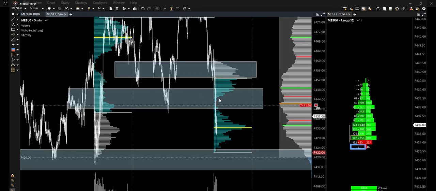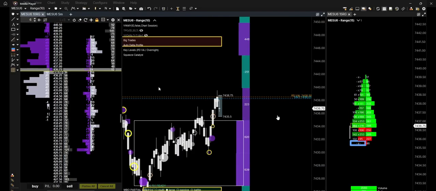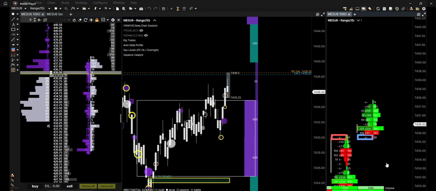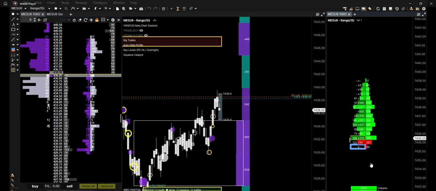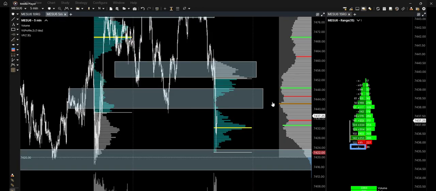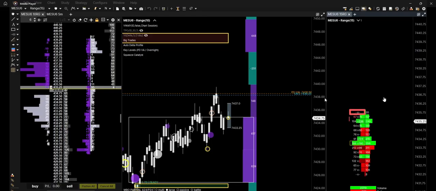Yeah, and we can see that this low here has been rejected off of, and that previous sellers got absorbed. And there's a low volume node here that was printed in the session. So the trade was rebalancing imbalances,